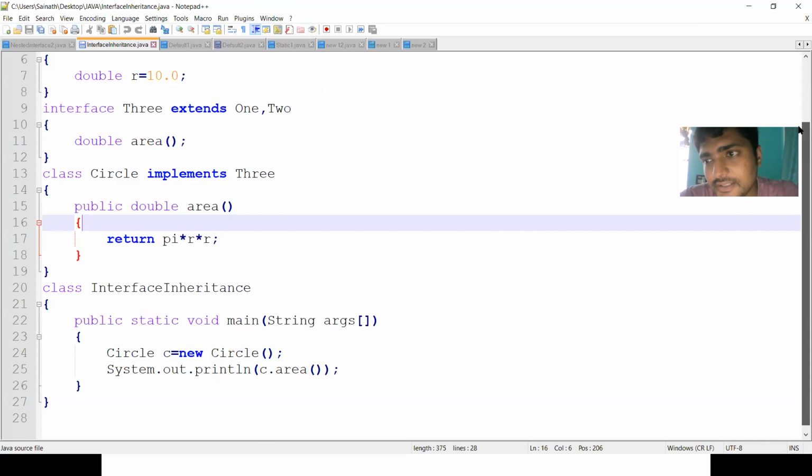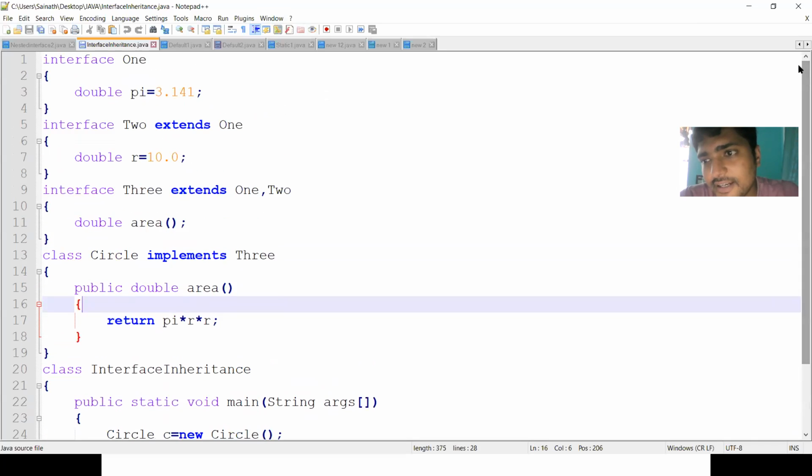So if you take the interface, another concept will come: an interface cannot implement itself. If you want to implement the interface, we need a class. So after defining an interface, we need a class to implement it. Here Circle is a class which implements the interfaces.